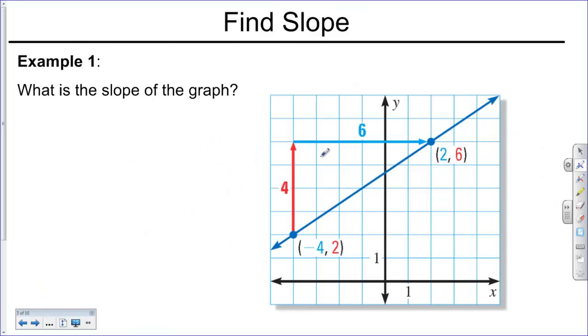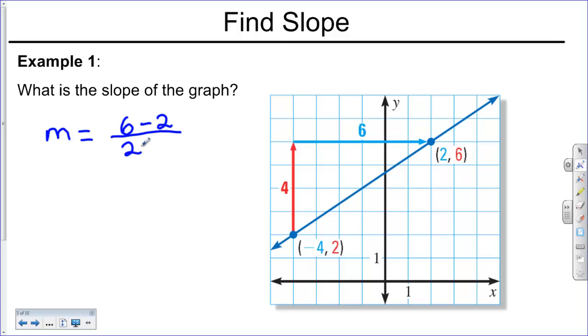Example number 1, we want to know what is the slope of the graph. We've got 2 points, (-4, 2) and (6, 2). So M is going to equal, remember it's the change in y over the change in x. So I'm going to start with the point (6, 2). That's going to be my y2 and x2. So 6 minus 2